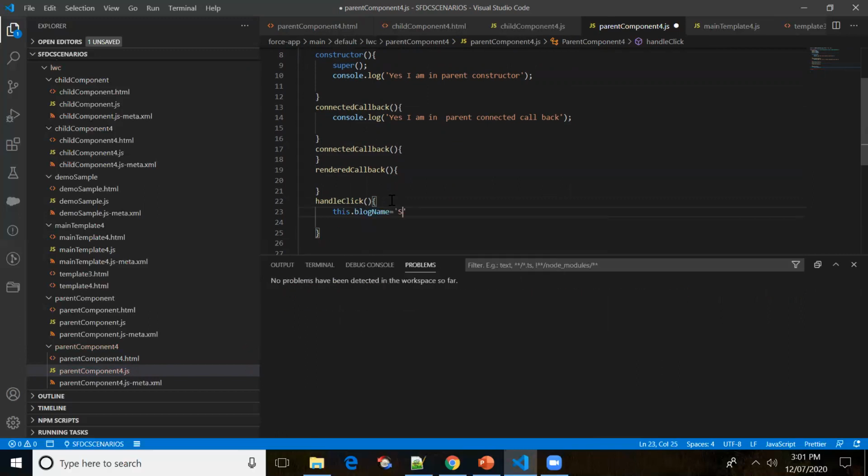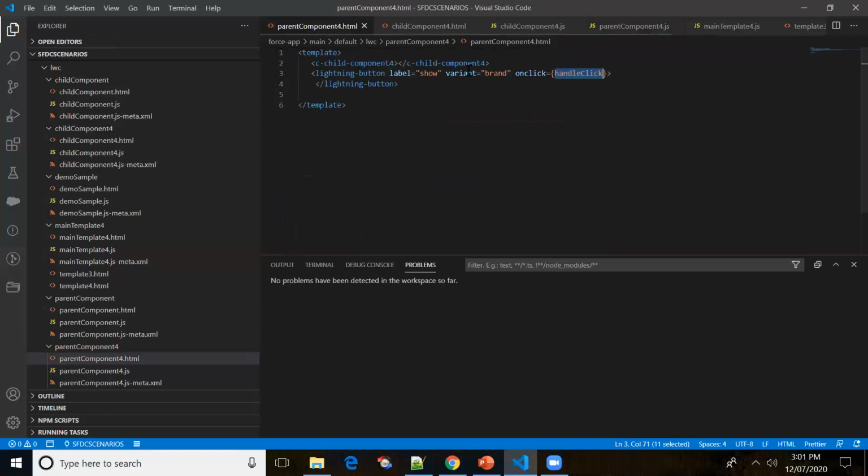Okay, so the blog name is SFDC scenarios. Okay, in the rendered callback also, right? In the rendered callback, I'll be setting some different value. Okay, so rendered callback value. Okay, so let me print this value in the parent components.